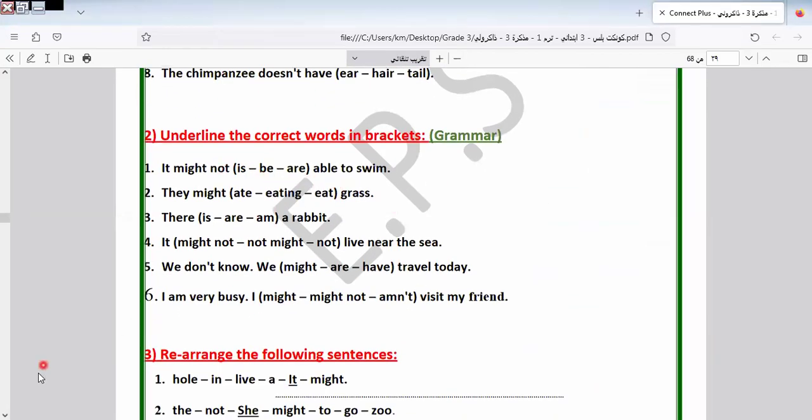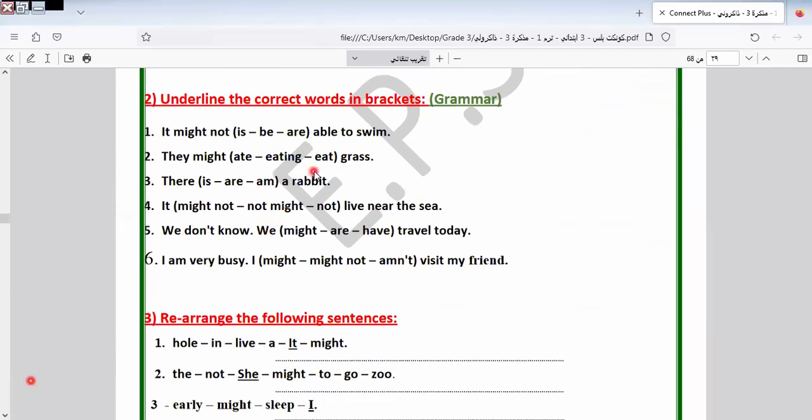Let's go to the grammar structure, or language structure, here. It might not be able to swim. They might eat. As we told you before, when we have modals, the verb must be written in what? In the infinitive form. Some of you say, when we write "might eats," like this,